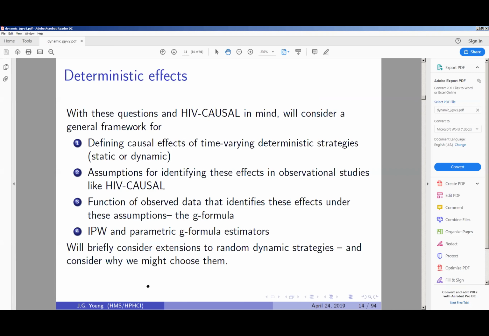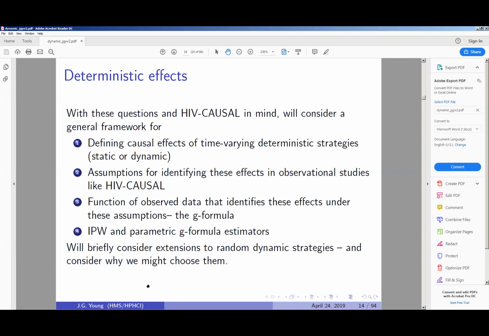It does hold by design in a sequentially randomized trial where we just randomly assign A, say, by a weighted coin flip based on past values of these guys, and where no one is censored, or were we to randomly assign censoring by these guys, but of course, there's no study in which we can typically randomly assign censoring. So in general, this assumption is not guaranteed to hold. And exchangeability, just to note, has another common term, no unmeasured confounding.